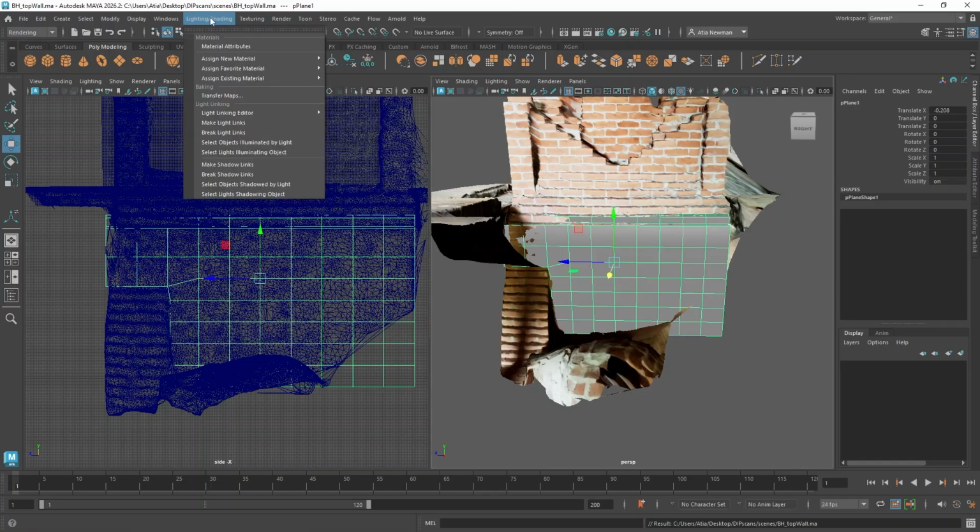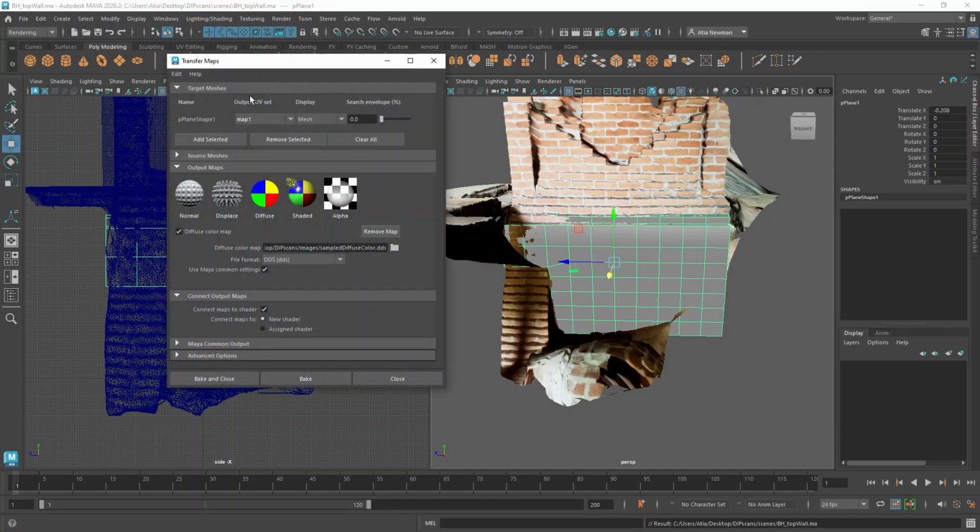Oh, sorry, the lighting and shading menu. I do this every time. Transfer maps so that you get this. And you can see there's a target mesh and then there's a source mesh. So if your target mesh has a funny name, let's just change it. Call it BH wall,